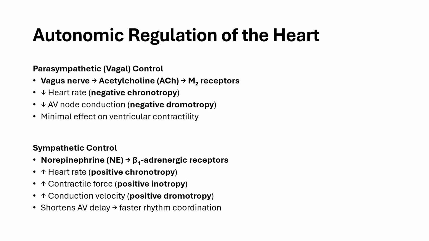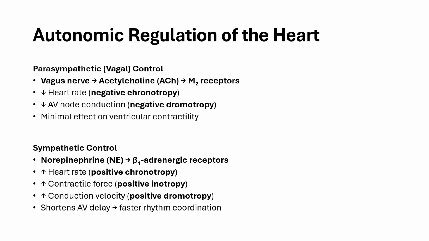This causes three key effects: a faster heart rate, known as positive chronotropy, a stronger contraction, also positive inotropy, and lastly, faster conduction through the AV node, positive dromotropy, which also shortens the AV delay, so the atria and ventricles stay perfectly in rhythm. This rapid, coordinated response boosts cardiac output and ensures blood and oxygen delivery rise instantly when